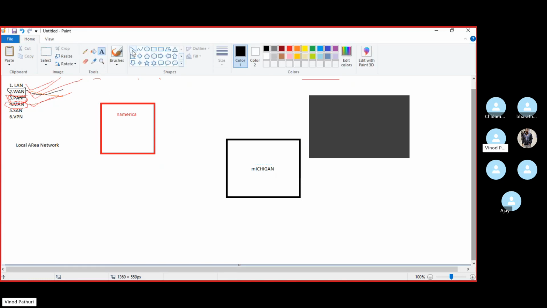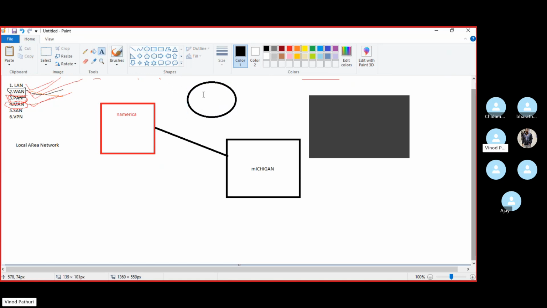We want to have a direct connect between these two, but we cannot lay the cable from here to here, right? There is a vendor called Switch actually.